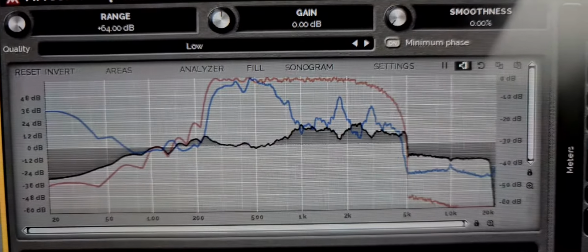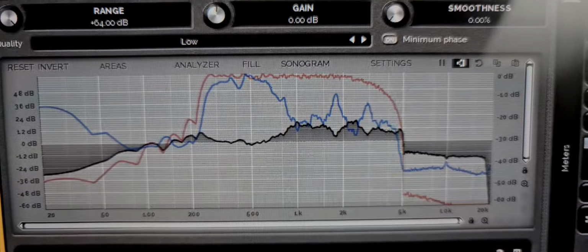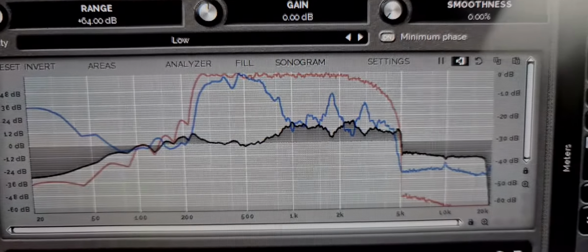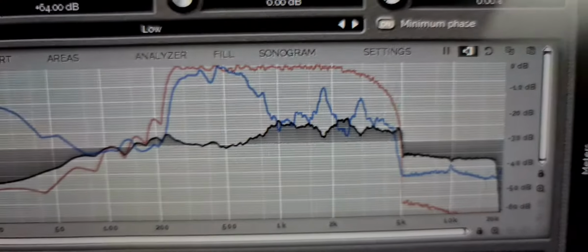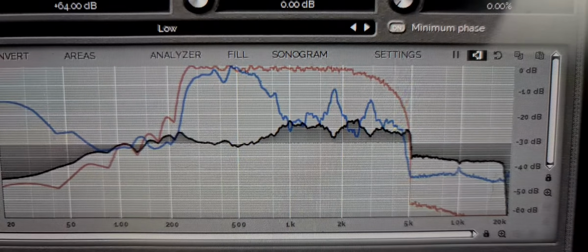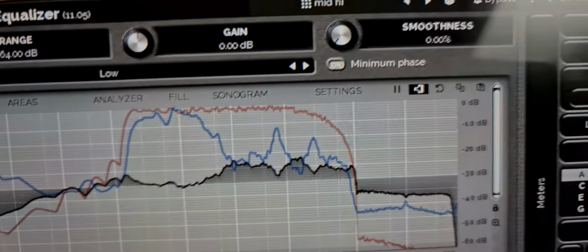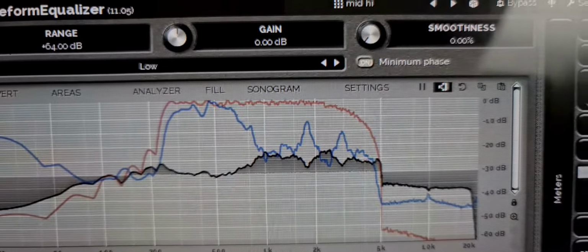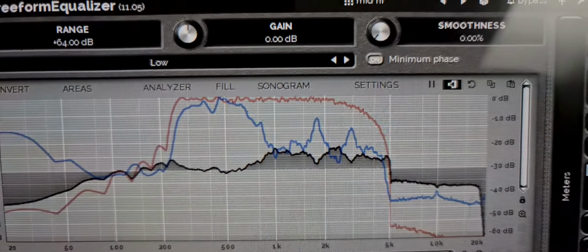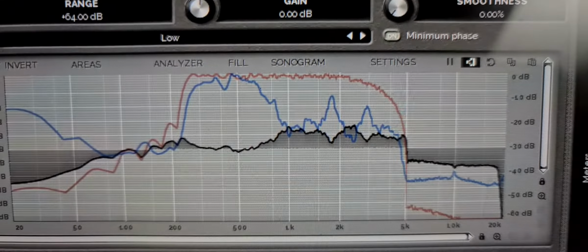Instead of using an IIR graphic equalizer or plugin or whatever, this curve would create a lot of phase rotations. So the minimum phase algorithm is an algorithm which changes the phase a little bit,